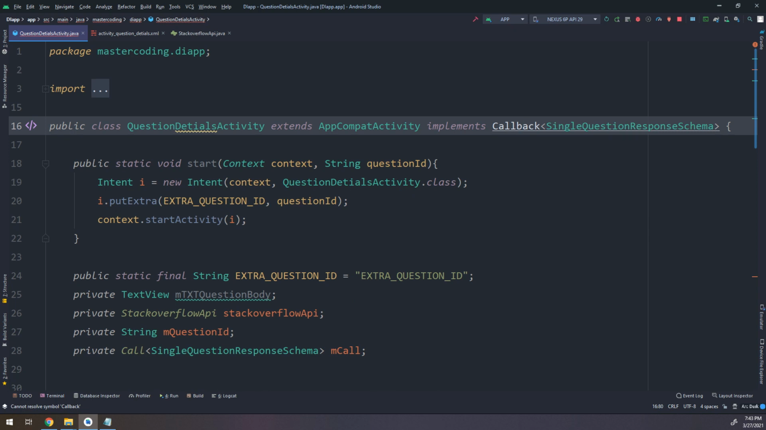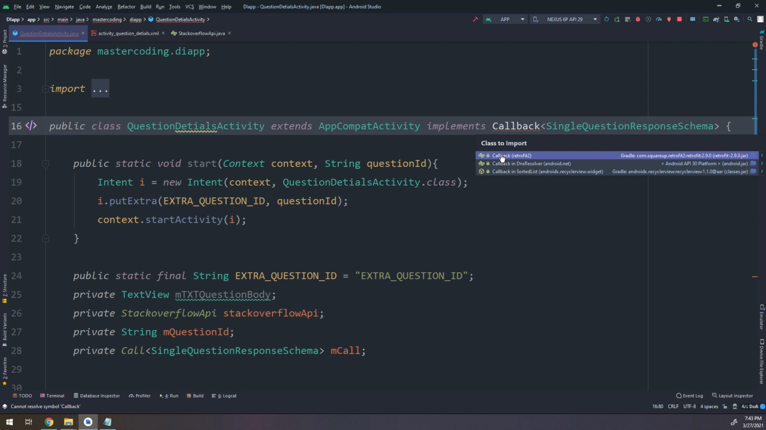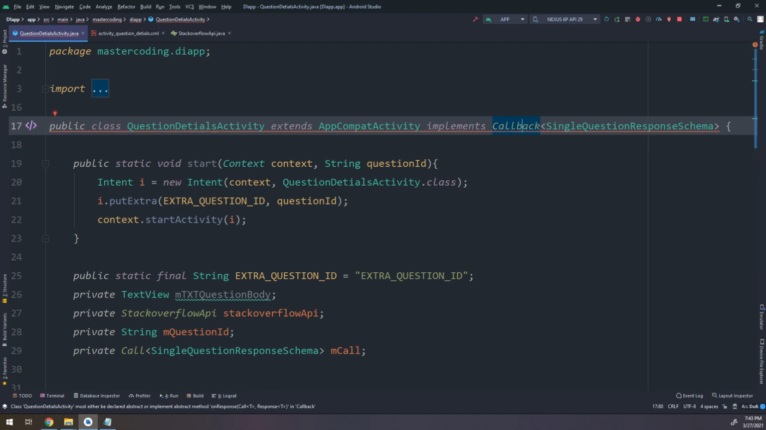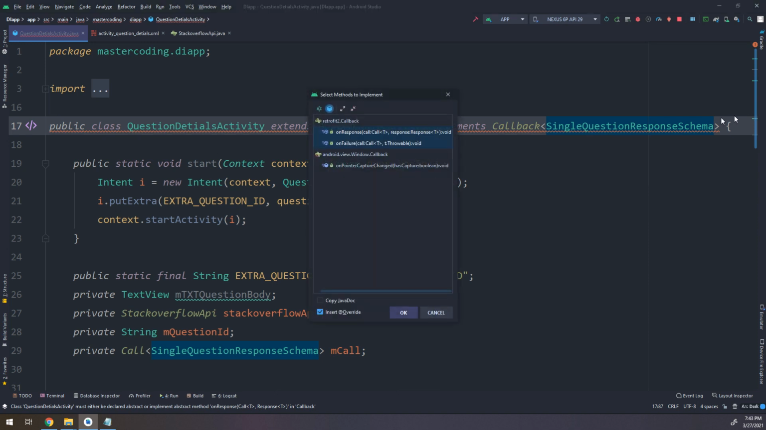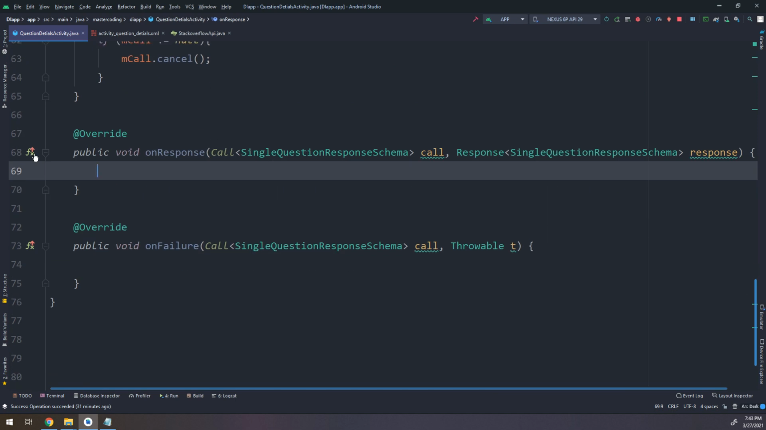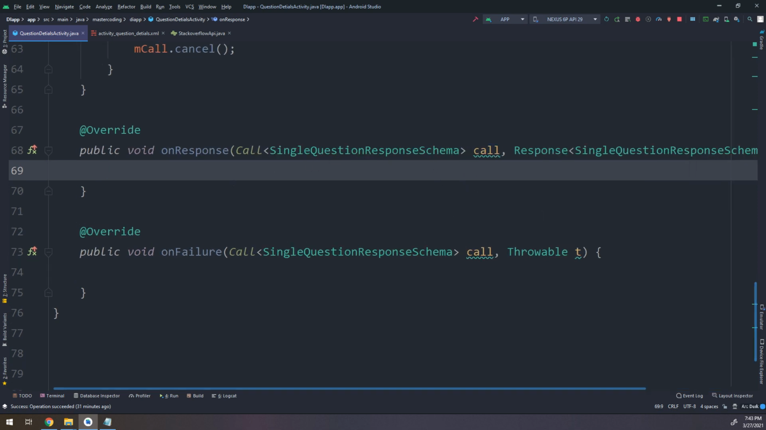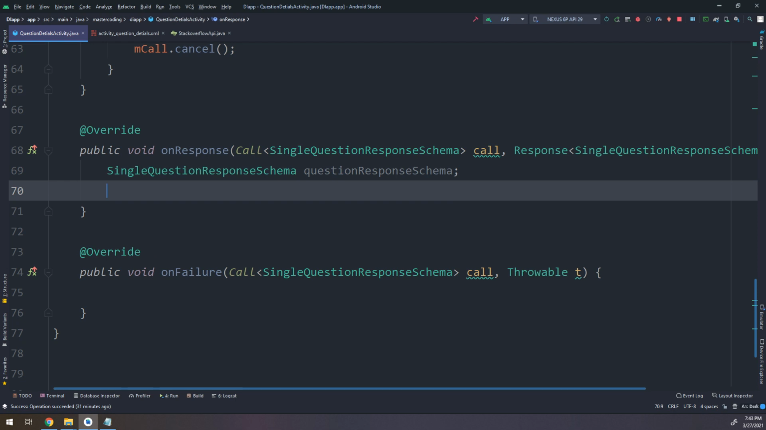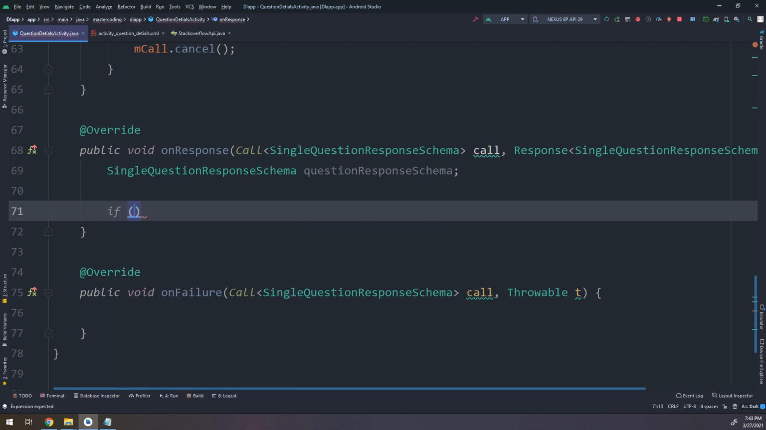So the callback, I need to implement the methods. I will click on the class to import it, and implement the methods onResponse and onFailure. These are the two methods that we will work with. Finally, the single question response schema, the question schema, and if the response is successful,